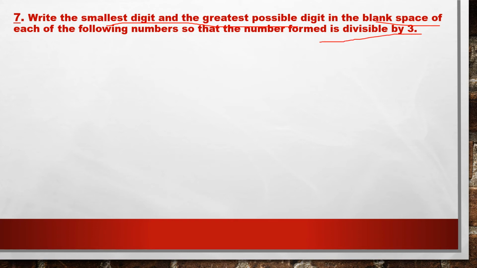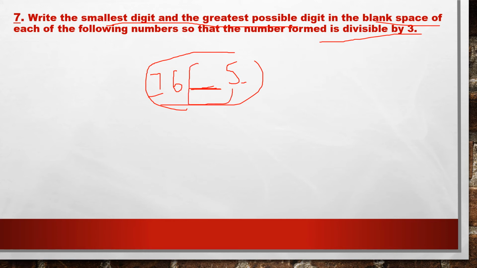Simple children. Suppose he gave a number like this, 76-5. Okay. He will give a number like this with a blank at any place. Here he may give in between, or at end he may give, or at the starting only he may give. Okay. So you should fill this blank with a digit. One blank is only there for one digit only, means you can write from 0 to 9. Okay, any digit you can write.